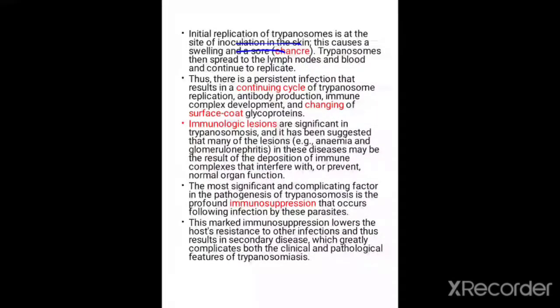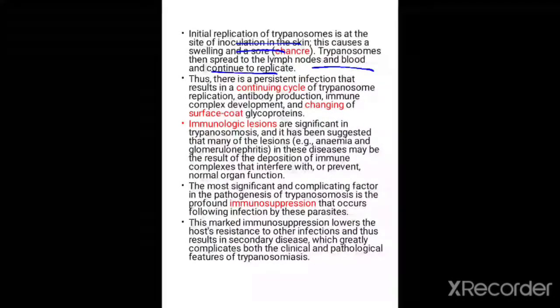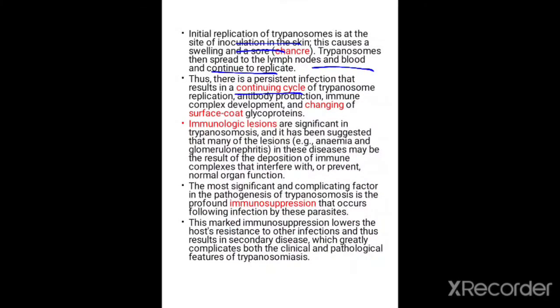Trypanosomes then spread to the lymph node and blood and continue to replicate. Thus, there is a persistent infection that results in continuing the cycle of trypanosome replication, antibody production, immune complex development, and changing of the surface coat glycoproteins. Immunological lesions are significant in trypanosomosis, and it has been suggested that many of the lesions, anemia and